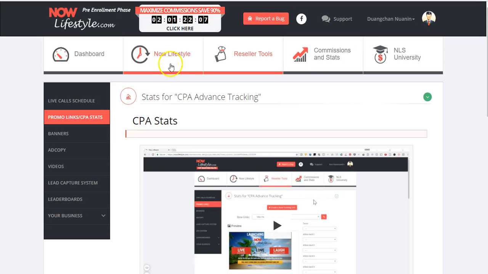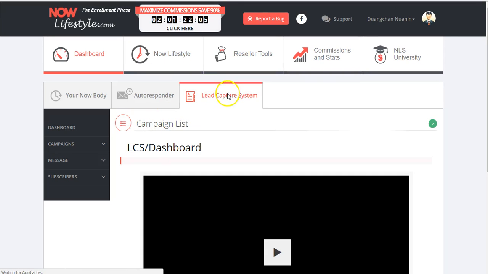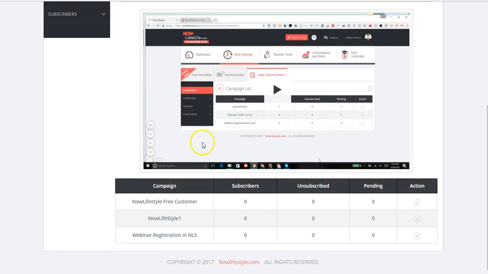If you go back to the lead capture system, you'll see that it would segregate them into the free customer from the free capture page, just a regular Now Lifestyle customer, or a webinar customer. So all you're basically doing there is segregating people so that you know how to follow up with them yourself. Now Lifestyle will obviously follow up with them with their free customer sequence, their Now Lifestyle customer sequence, and their webinar sequence, and then you're going to follow up with them with your welcome and get to know you sequence,